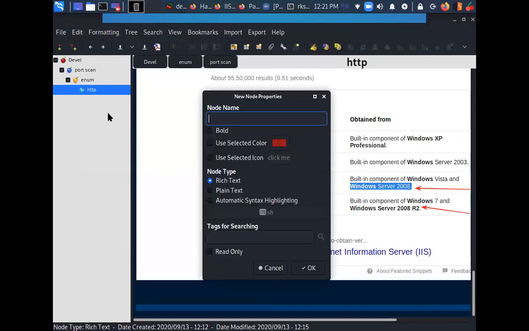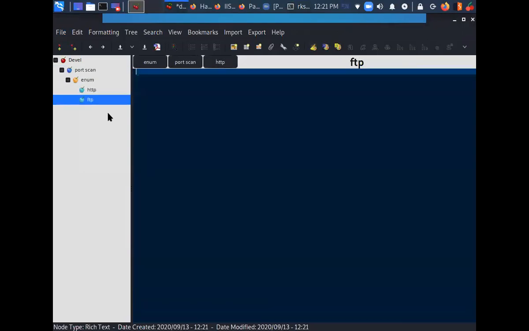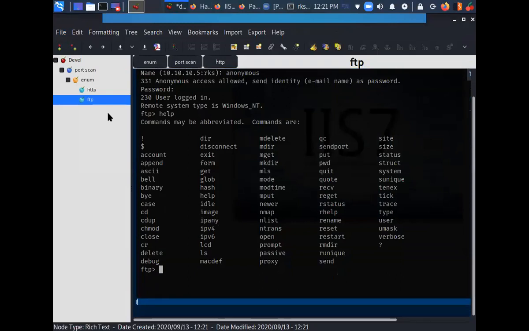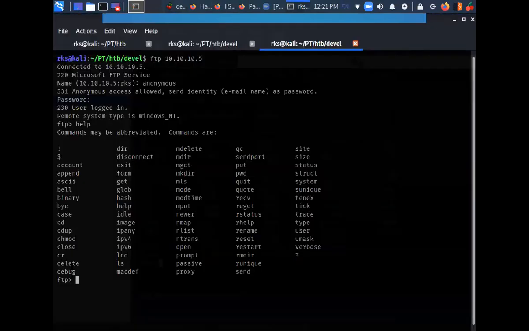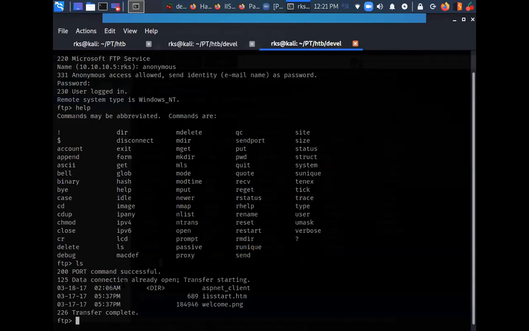Let's take a note of this as well. FTP, let's say logged in and checking for available commands. So let's do an ls over here. Ls, you can see ls is available here to list files.